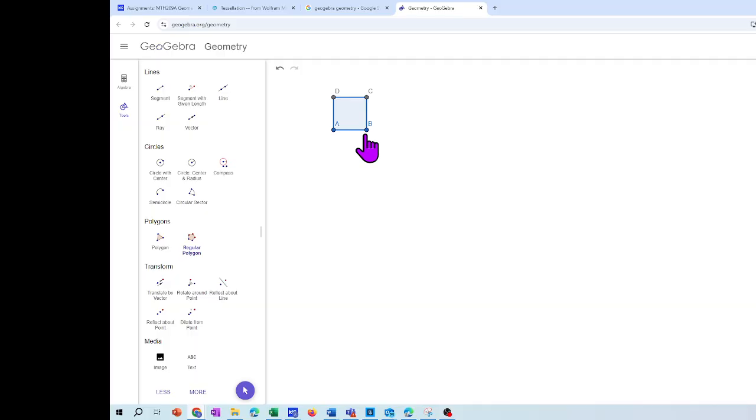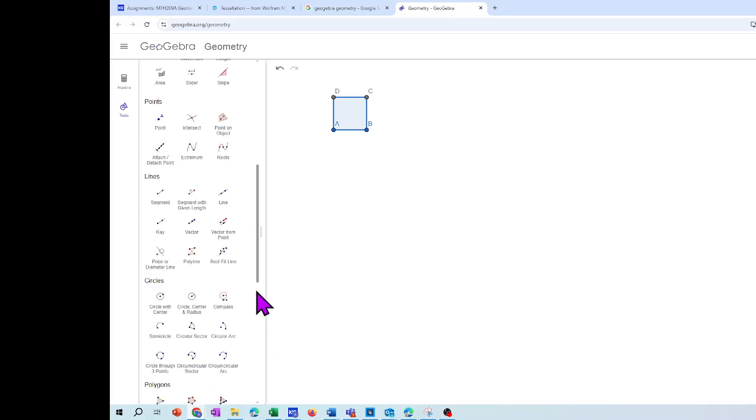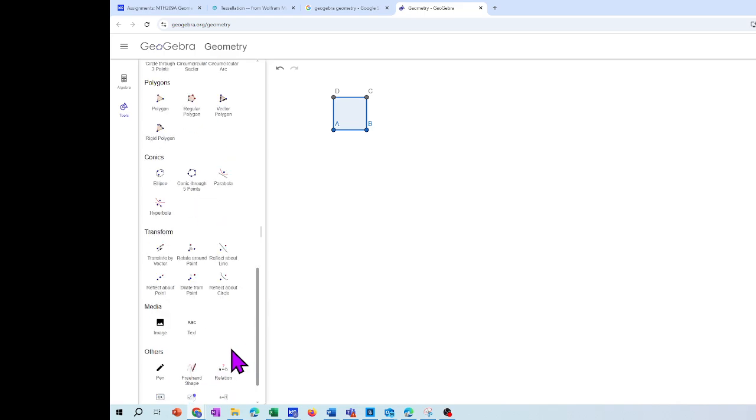So what I'm going to do is, in this case, I'm going to move it up, down, left, or right. So for that, I'm going to use a transformation, right? And which one is the one that moves right, left, up, or right? It's going to be, here you have it, translate by a vector. Okay, so look what I'm going to do. It says the options on the bottom. Select object to translate, then a vector. So I'm going to select my square. I'm going to select my vector from A to B, and then you guys see that it moved to the